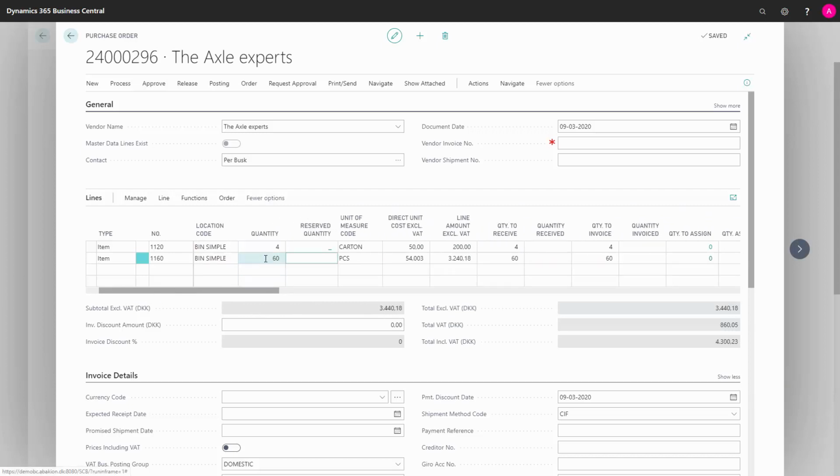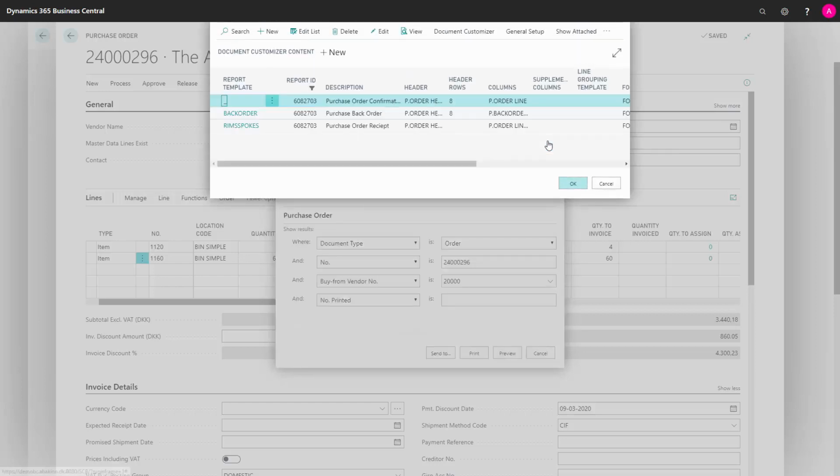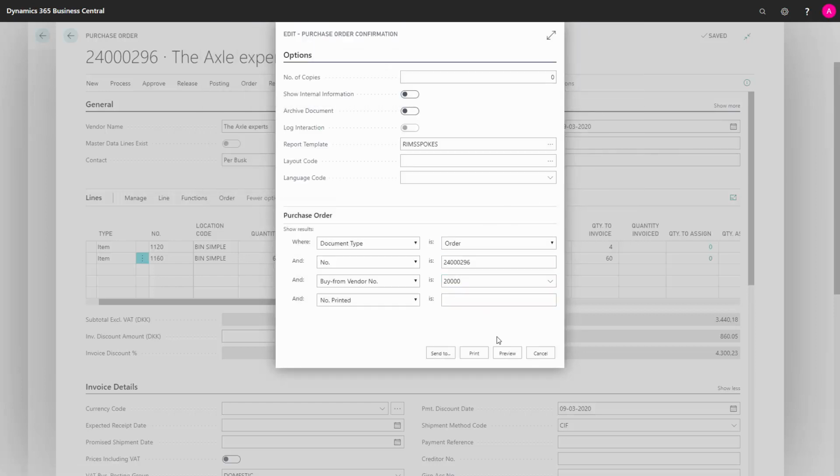Now in Business Central, from a purchase order, it's not possible to print a receipt list. So printing those two lines with the expected bin that I would like to add it to is not done by standard Business Central. So you'll have to modify one of your documents, or in my scenario, I use the document customizer app, and I've made, instead of a normal purchase order, another report template that I want to use to display the bin code on a purchase order and use that for a put away document.